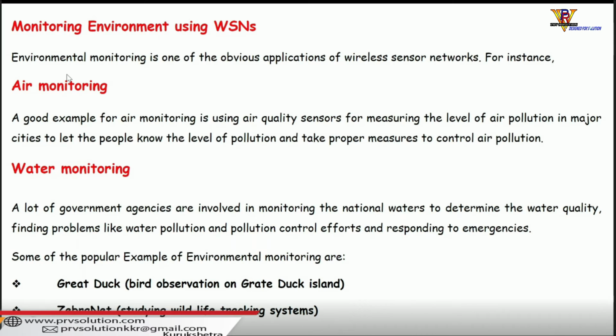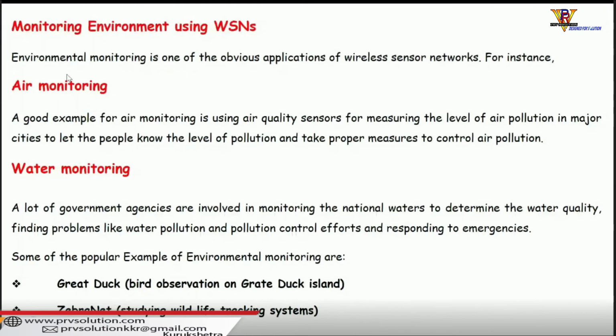Another sensor is the pH level indicator. We can use the pH level sensor to measure the pH level of water, to decide whether the water is neutral or it is alkaline or basic. Okay, so different types of sensors can be used for monitoring the quality of water. If I say drinking water, then a lot of sensors are required.